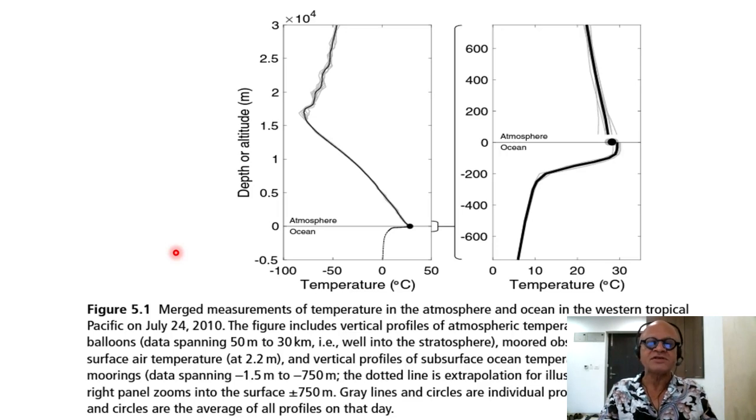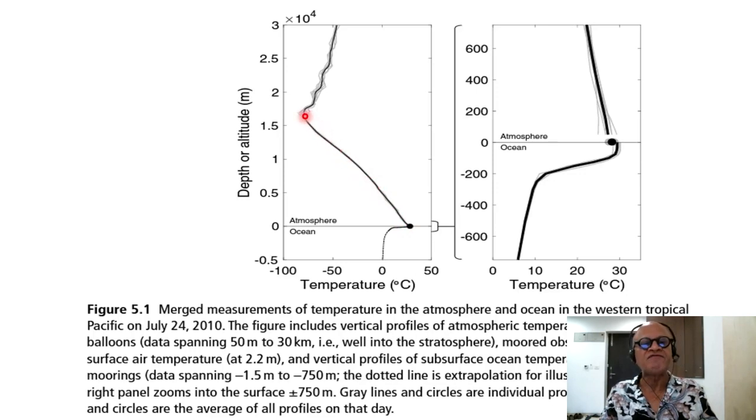So the first contrast is to start by looking at the ocean temperature structure and the atmospheric temperature structure. Here are depths in meters, so this is about 5 kilometers down to the bottom on average, and in general, if you take an average profile, this is in the western tropical Pacific, so the sea surface temperatures are fairly warm. You can see that the temperatures very quickly drop in the thermocline and match the deeper ocean temperatures by a kilometer or so, but the atmosphere on the other hand cools much less rapidly, and here is the tropopause